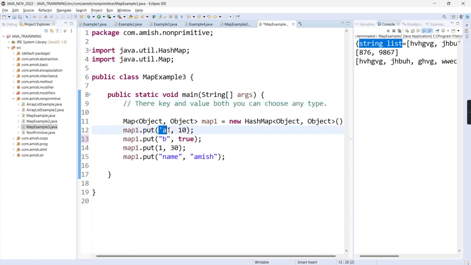So our first key data type is character. Second key data type is string. Third key data type is integer. Fourth key data type is string. The same way, first value, what is the data type of this value? Integer. Then we have boolean, then integer, then string. So you can choose any data type in key and value, and you can store different sets of data with any keys. Okay, if we print this map object,